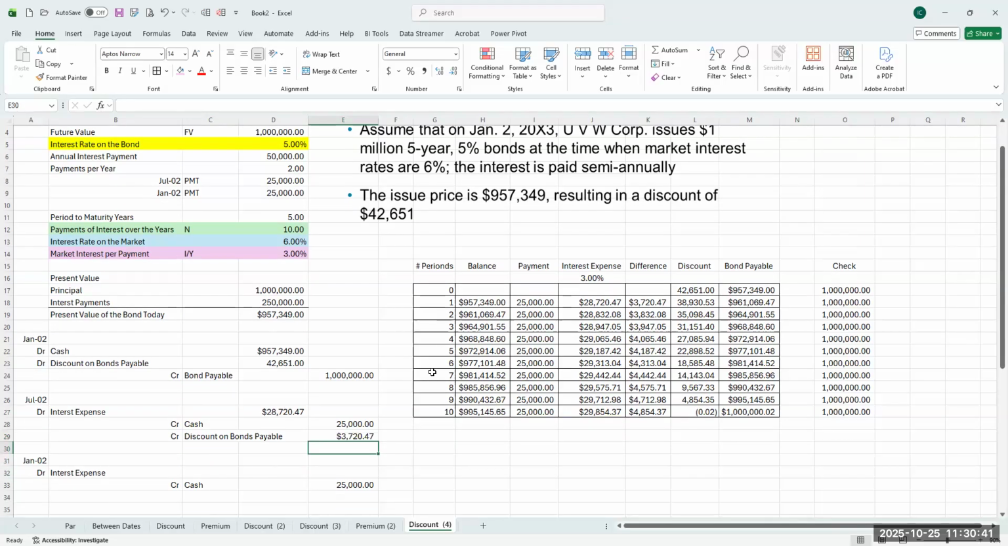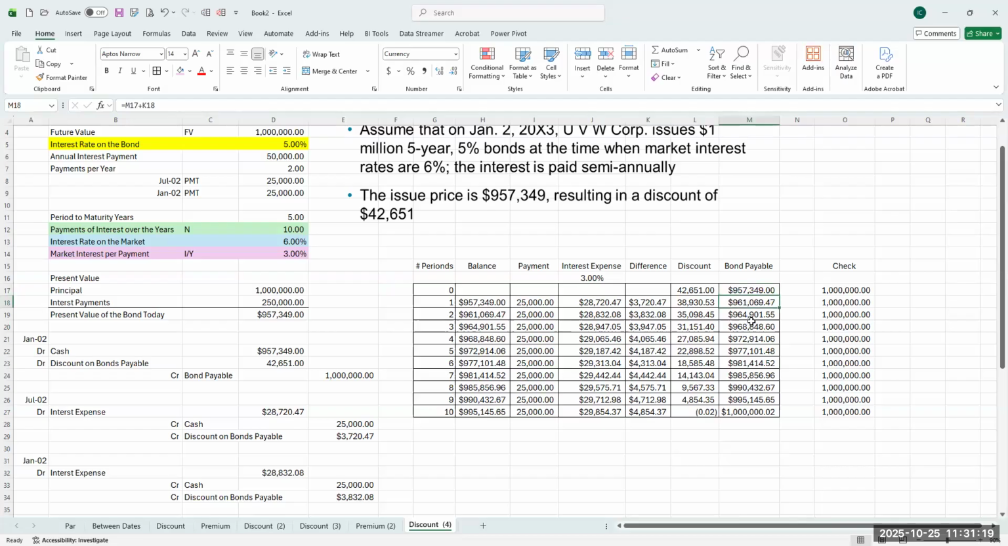On January 2nd, which is the second payment, our interest expense will be the next one, that much. Cash will be 25. Sorry, this one shouldn't be here. This one should be right here in this cell. Then the discount is gonna get that amount. What we can see from this table is that the balance of the bonds payable starts increasing,